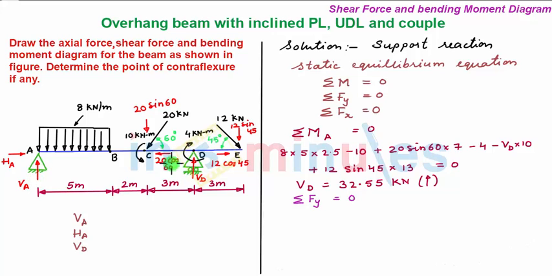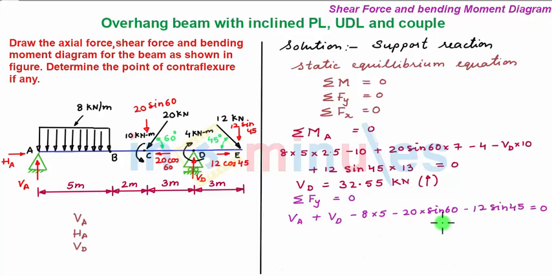So our sign convention here is all upward forces are positive and all downward forces are negative. So we have two upward forces which are support reactions at point A and D. So we have VA plus VD, since both are upward. Then we have this downward force caused due to this UDL, whose magnitude is 8 multiplied by 5. Then there is a vertical downward force of 20 multiplied by sine 60. So we have minus 20 multiplied by sine 60. Then we have a downward force of 12 multiplied by sine 45. So minus 12 multiplied by sine 45. So these are all the vertical forces acting on the beam. Let me equate it with 0.